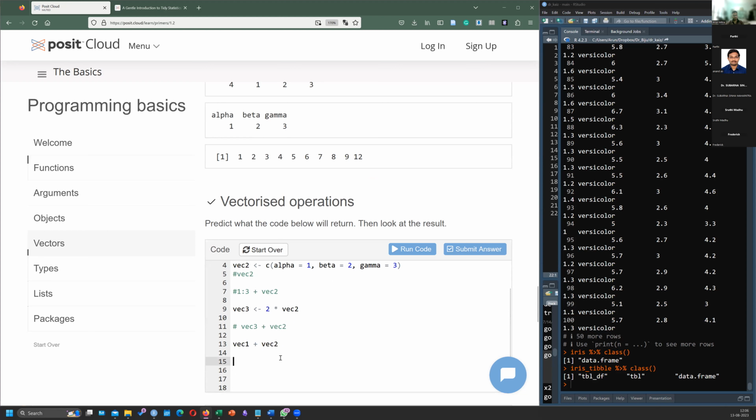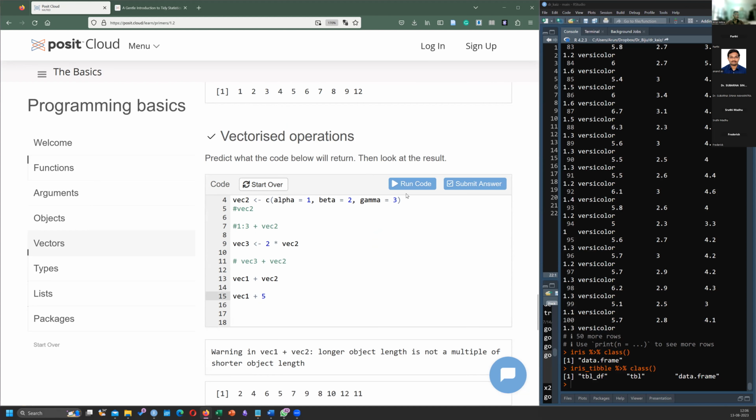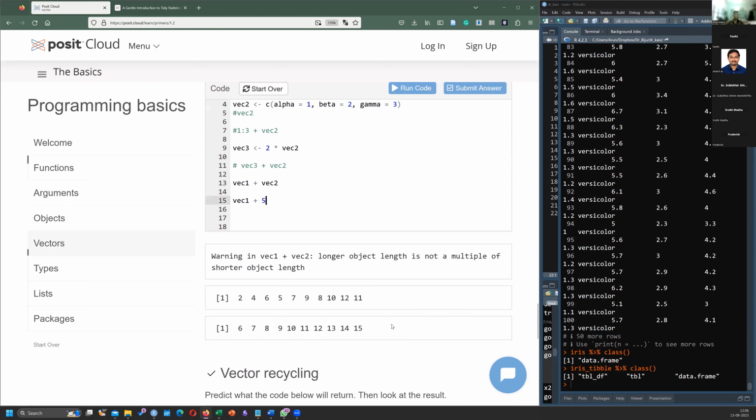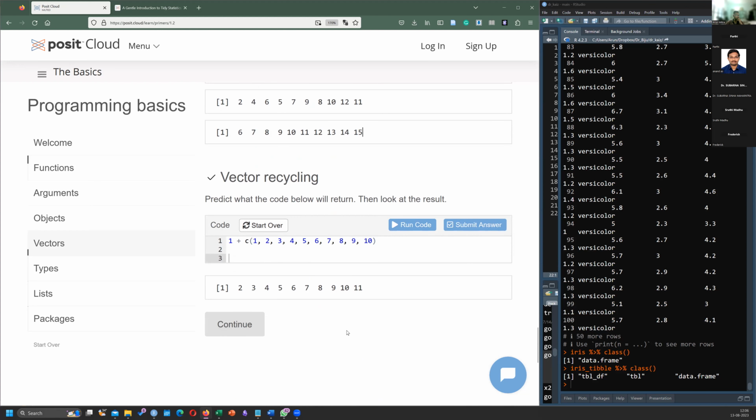For example, vec 1 plus 5. One number is added to every number. That's what happens.